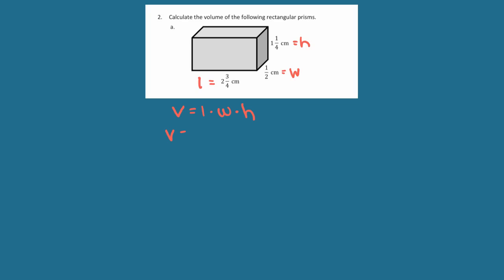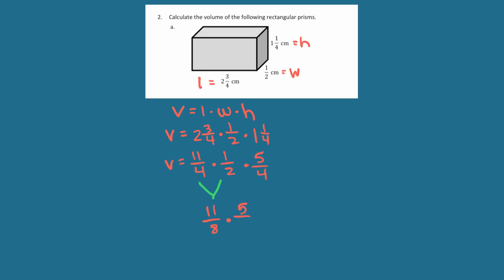So volume equals our length, which is 2 3/4, times the width, which is 1/2, times the height, which is 1 1/4. Now quickly, I'm just going to turn these into improper fractions because I find them easier to work with than having to work with mixed numbers. So volume equals 11/4 times 1/2 times 5/4. Now we're going to multiply these together first, and we just multiply right across and we get 11/8 times